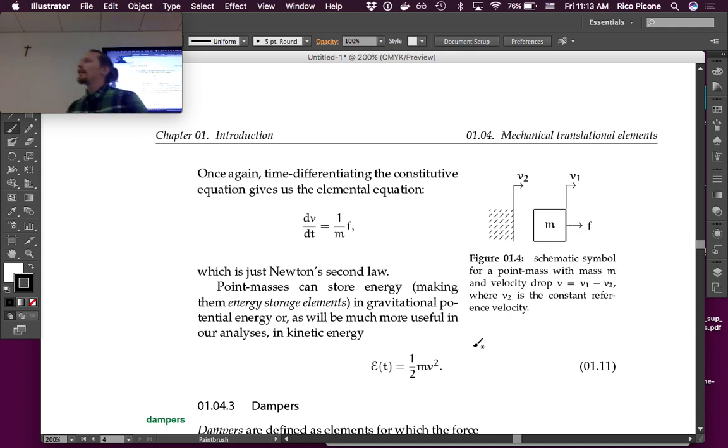It could be just some object. For instance, we'll often use the quarter car model as a common system to consider. But if you had a mass,